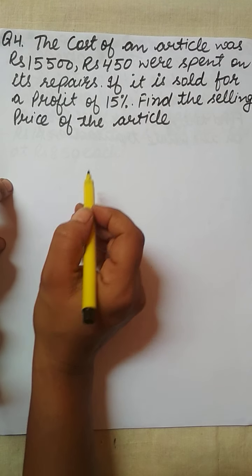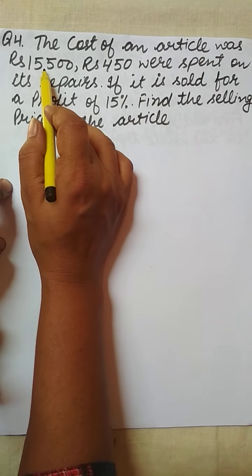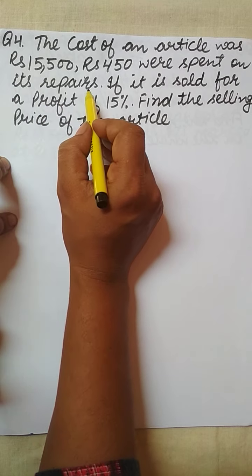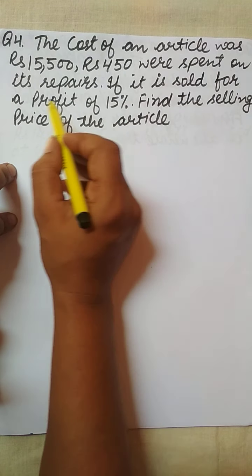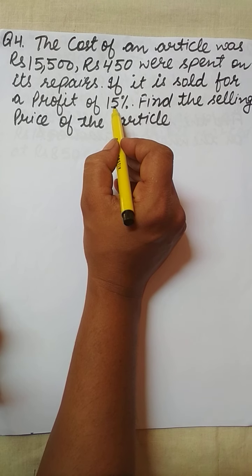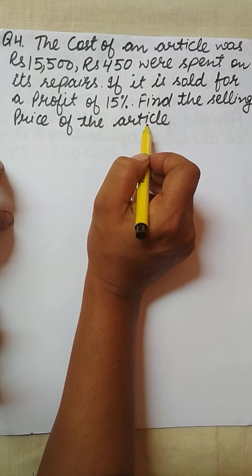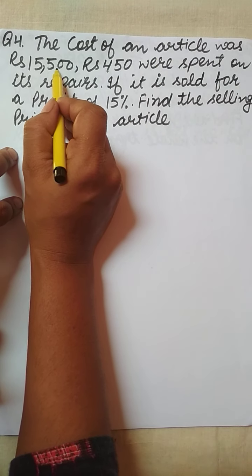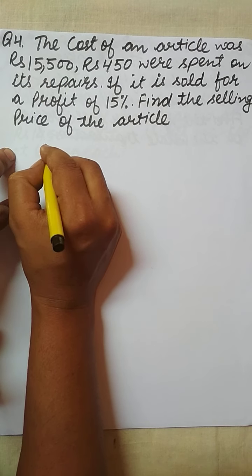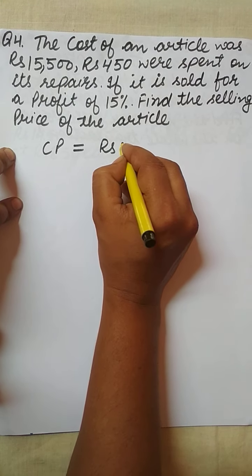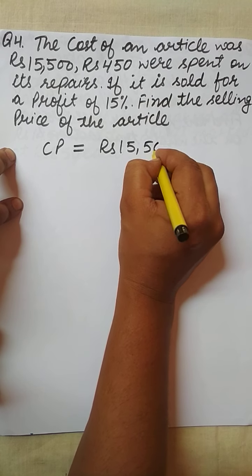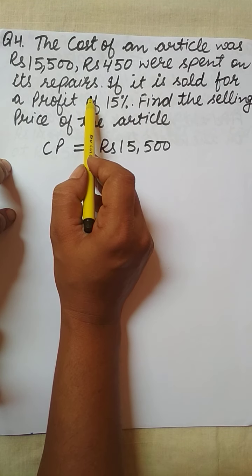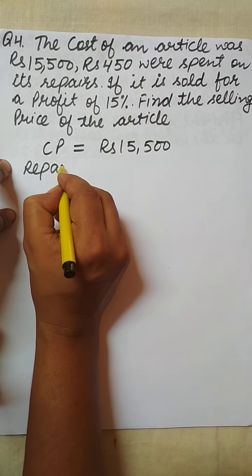Question number 4 is, the cost of an article was rupees 15,500. Rupees 450 was spent on its repair. If it is sold for a profit of 15%, find the selling price of the article. Now, the cost price of the article is 15,500. So, cost price is equal to rupees 15,500. Next, rupees 450 were spent on its repair. So, the repair charges are